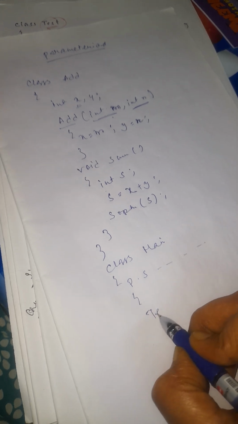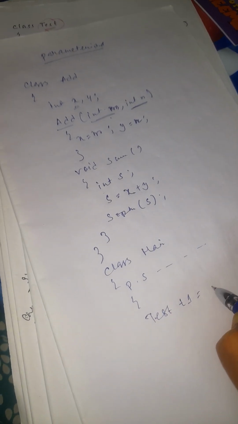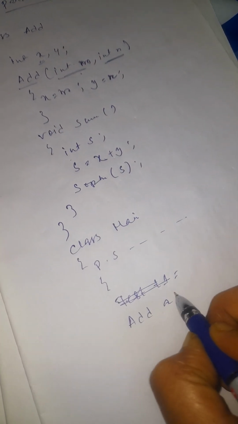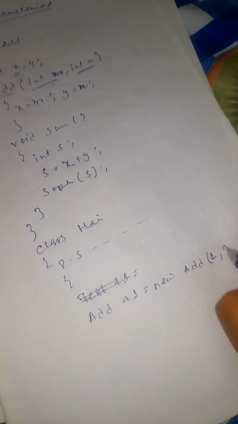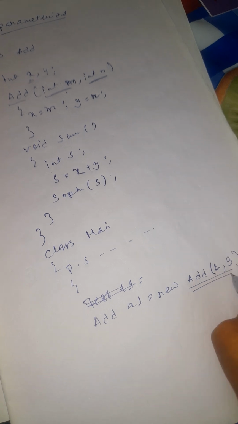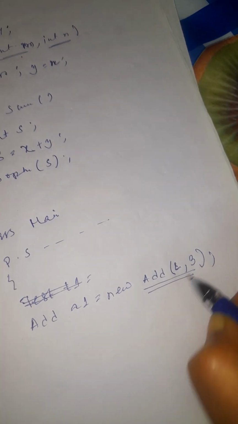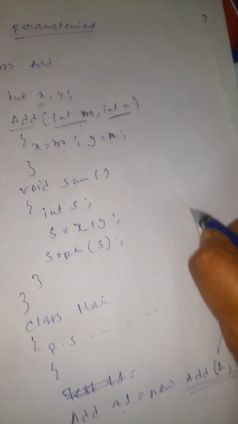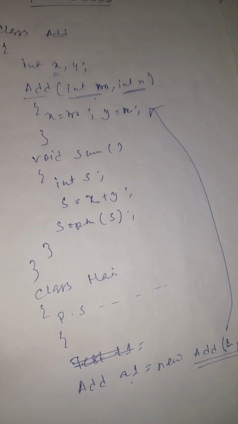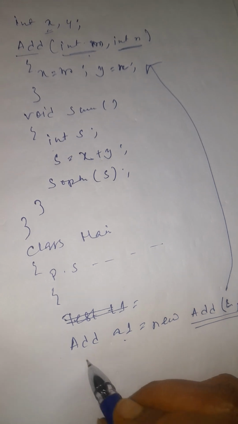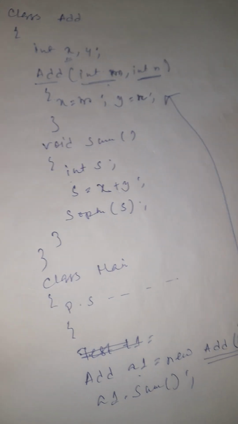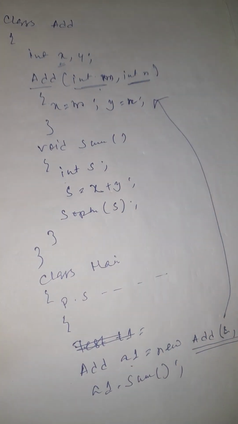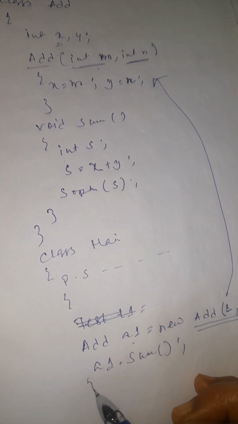Now I will create my object. Sorry, the class is Add, so I have to use Add a1 = new Add, and here I pass maybe 2 and 3. So this one is the two argumented constructor called at the time of the object declaration. For this purpose, this matching constructor will be called. Clear? Now I call the function a1.sum. Here x plus y means the summation of the two values, 2 and 3, so it will be printed. Clear? So this one is known as